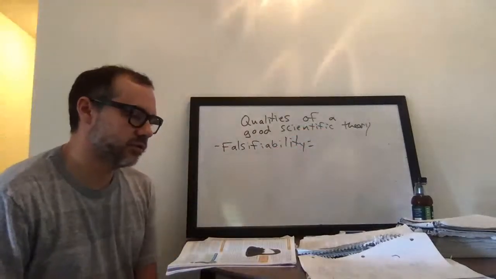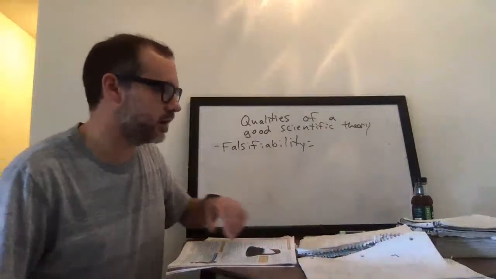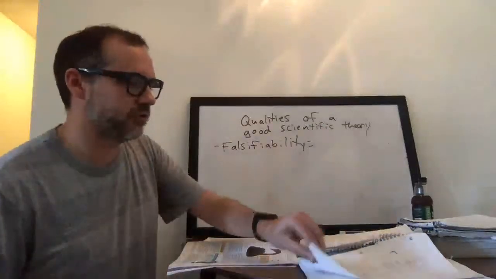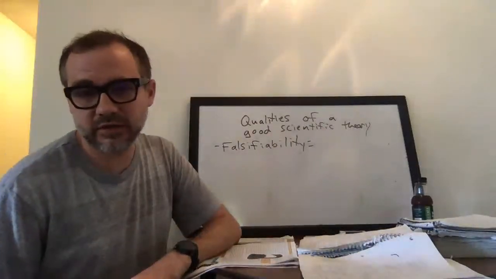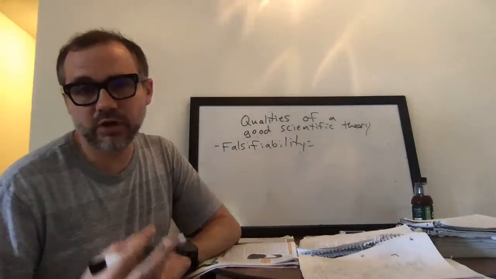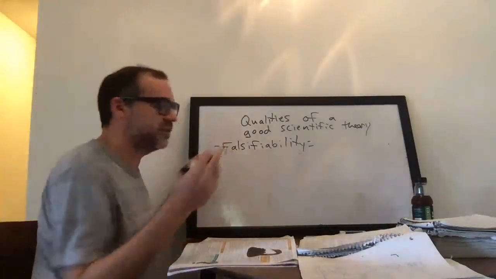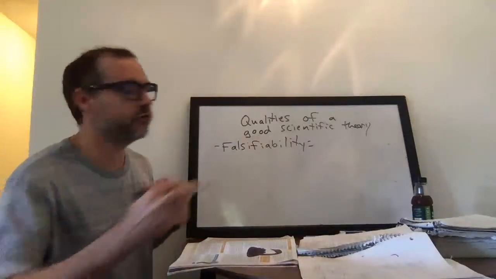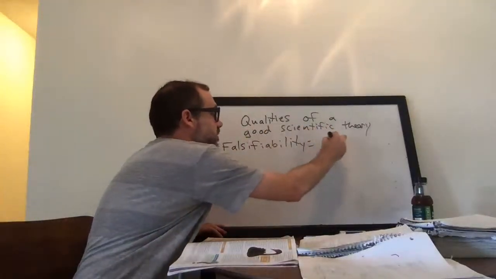Falsifiability, the word just means able to be proven false. So a good scientific theory is capable of being proven false. And that might seem a little counterintuitive at first, but it's true. So a good scientific theory